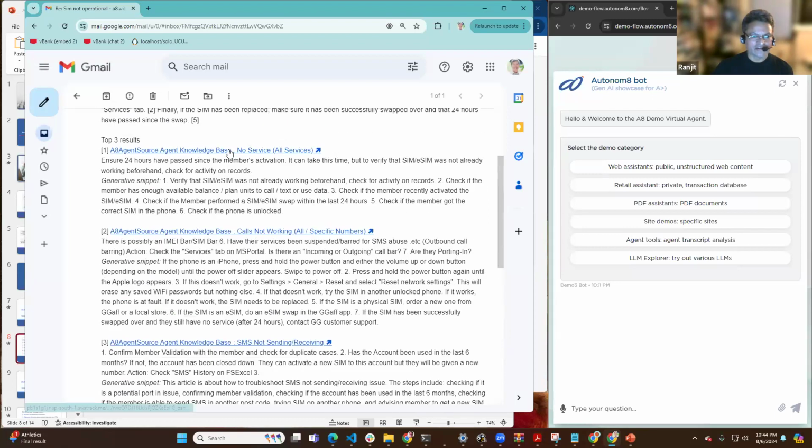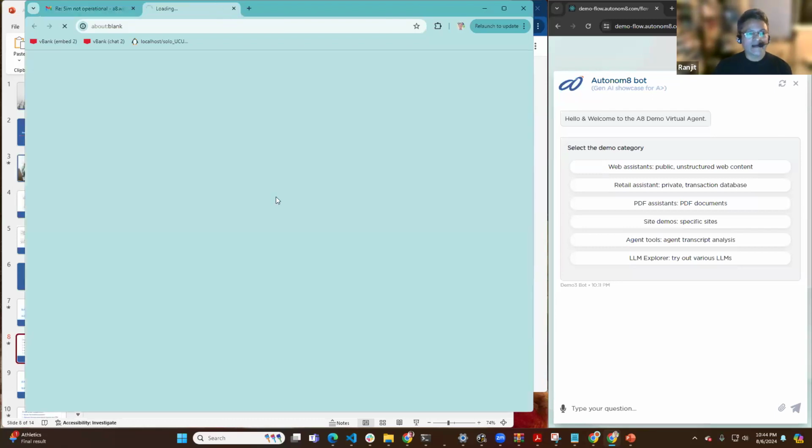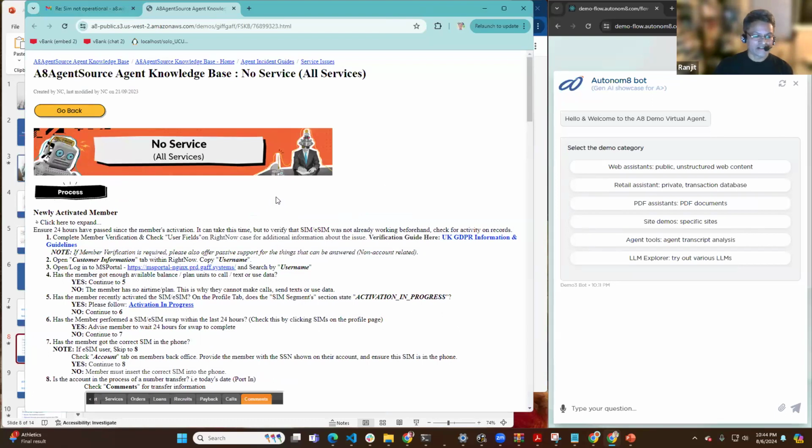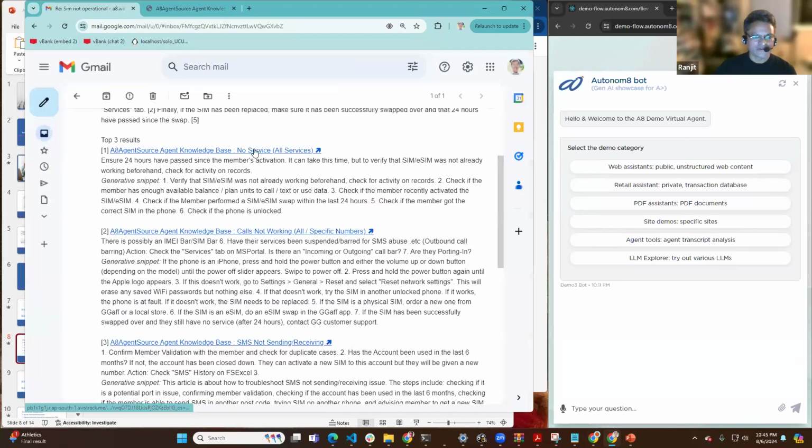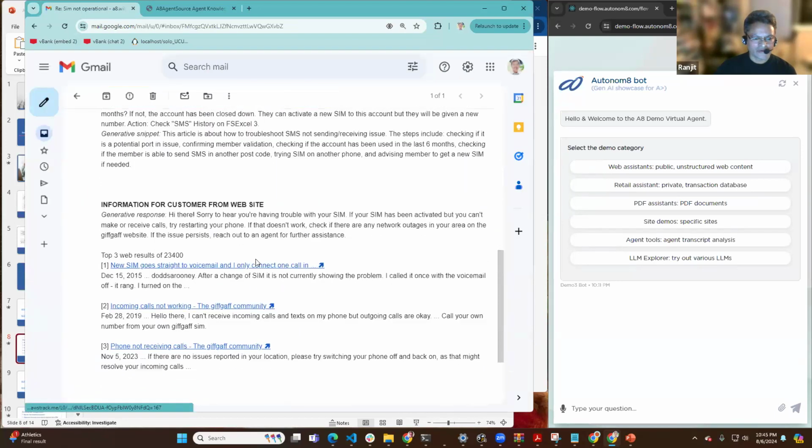So if I click on this, for example, it'll take me back to the specific knowledge base article that has the information corresponding to my question. Now, in a normal situation, a customer won't be exposed to a knowledge base, but I'm just showing you this as an illustration of the power of this tool. In other words, I can pull data from a knowledge base, and I can pull data from the web. Likewise, I'm just going to click on one of the web links,